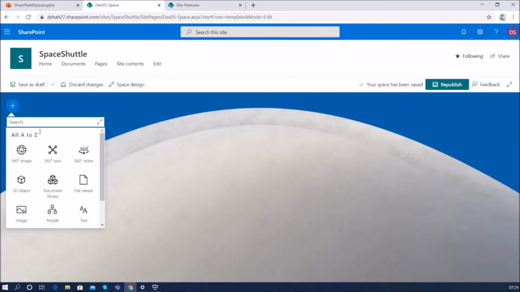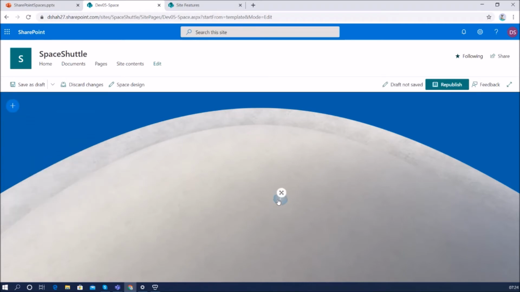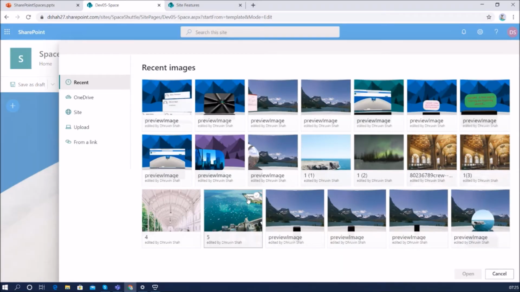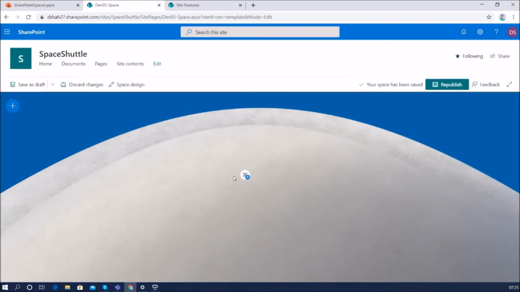Now let me talk about the 360-degree virtual tour web part. We all know what a 360-degree virtual tour is. We have all visited Google Maps where we have seen some 360-degree tours. The same type of 360-degree tour we can achieve with the help of SharePoint Spaces. So in terms of SharePoint Spaces, what is a 360-degree virtual tour? It is a sequence of 360-degree images which can be placed in our space, and the user can navigate through the different parts of the tour, right?